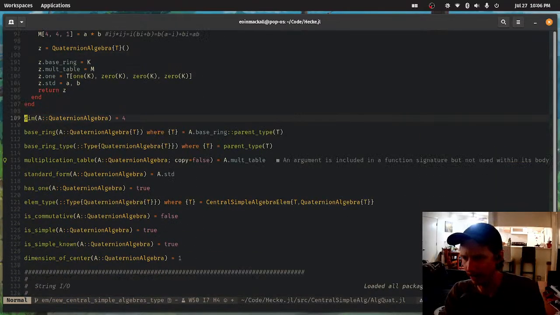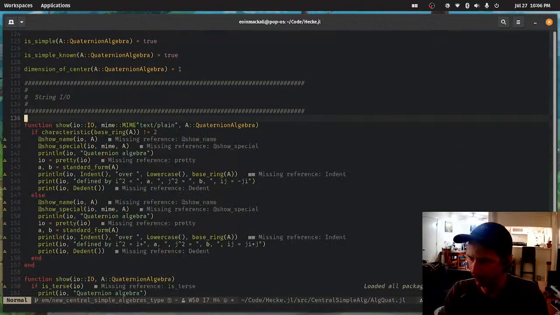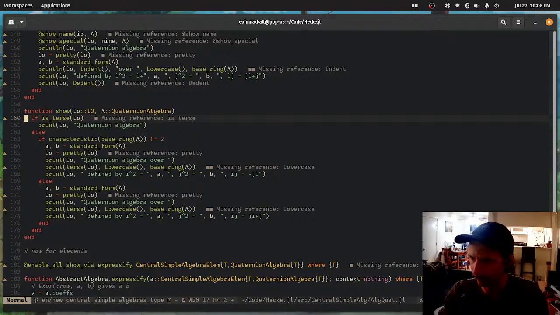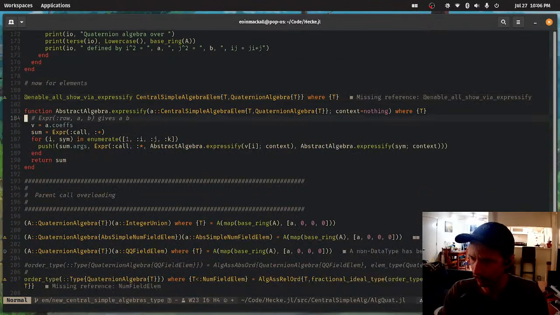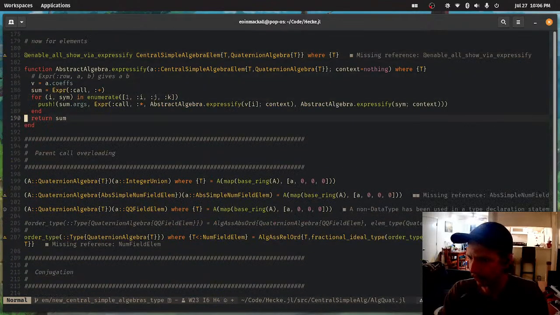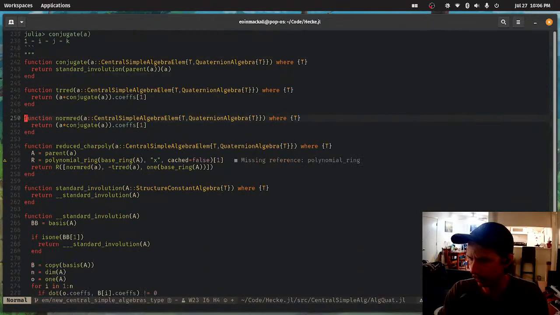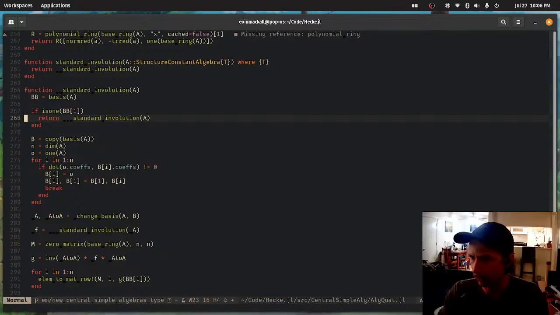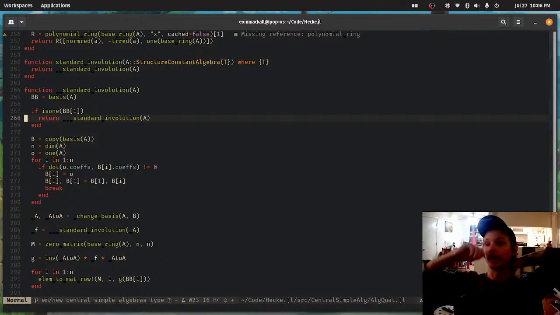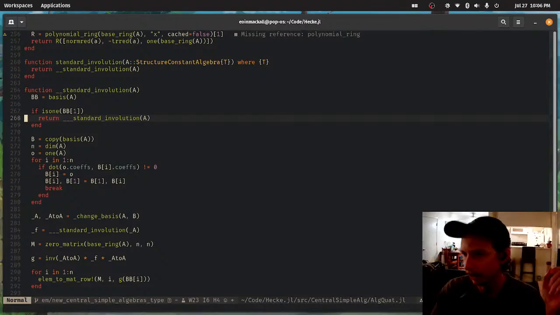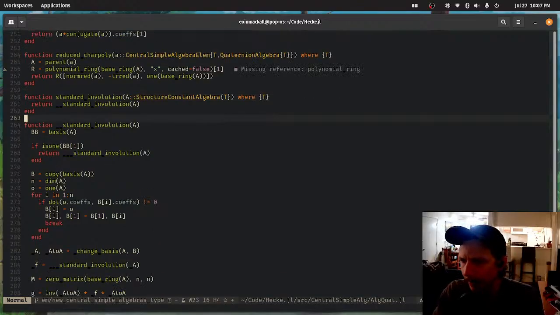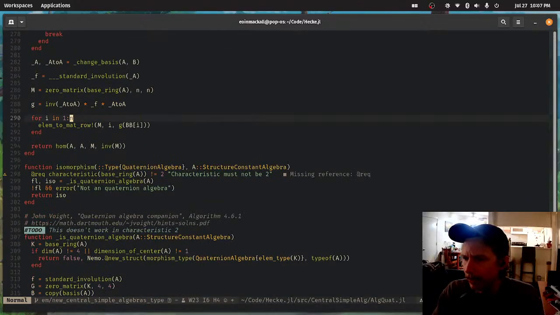I think that things that don't rely on the essential symbol algebra type and are kind of type specific to other types should be moved. So, for example, there's some around here, right? So there's like function standard involution. Should the standard involution actually be defined on a structure constant algebra? No, right? It should be defined on a quaternion algebra. But if I remove that, it's one of those things where